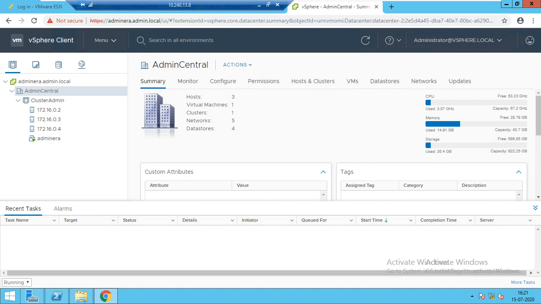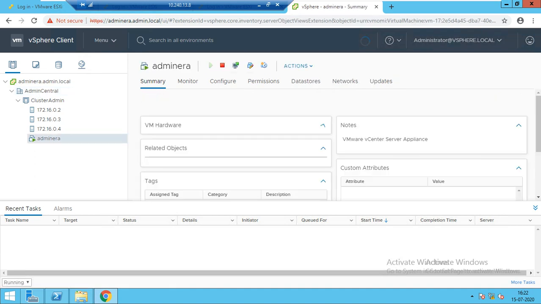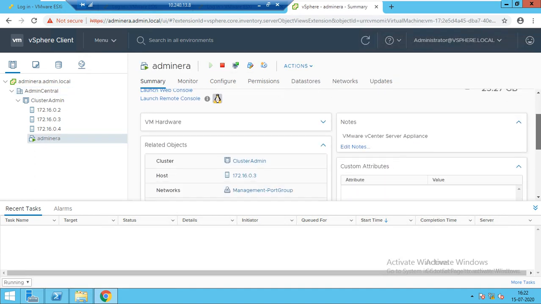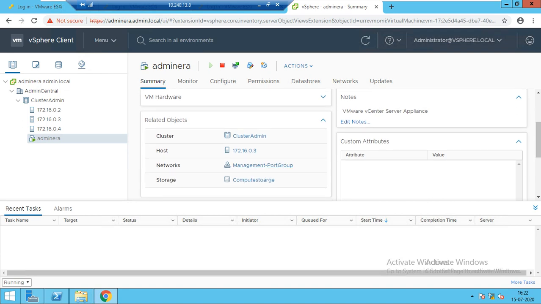So in the previous lecture, we had configured the distributed switch and we had migrated our vCenter virtual machine from the VM network to the management network, which was accessible. Now also it is accessible. If I can show you, you can see. If you have gone through my previous lecture, you will come to know this is my management port group which I have assigned to the virtual machine, and I'm able to access my vCenter server.